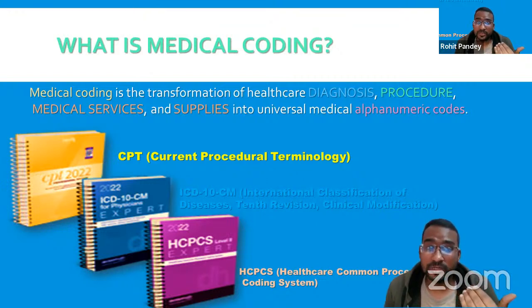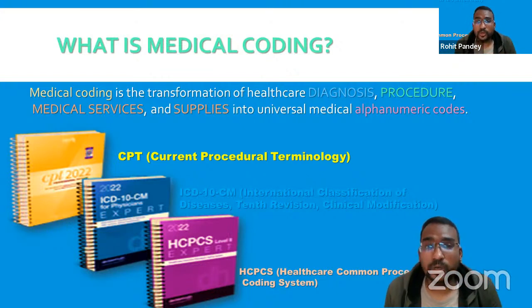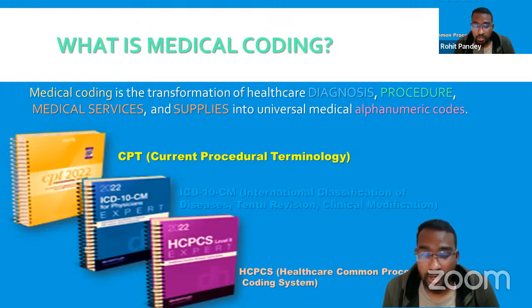If we put wrong codes, then it is like fraud we are doing to our doctors and insurance companies as well. So we have to read every chart carefully, and then put out the ICD or CPT codes. We have CPT, current procedural terminology; it is all about the procedures that happen in that organization. ICD-10-CM is the International Classification of Diseases, 10th revision, clinical modification. It's all about diseases.